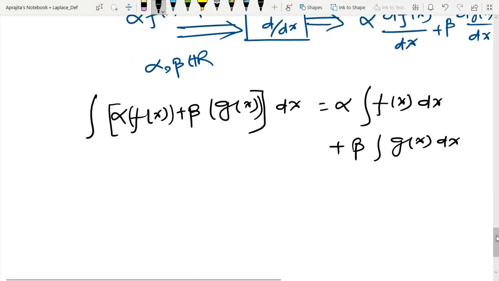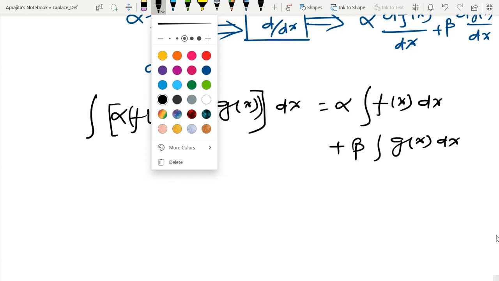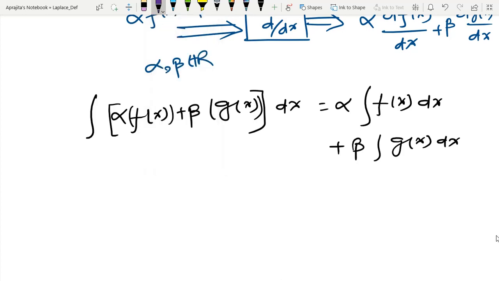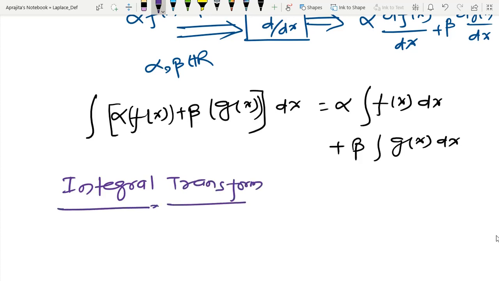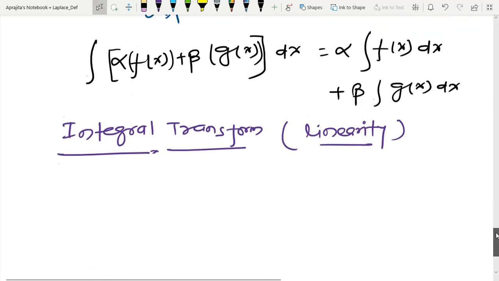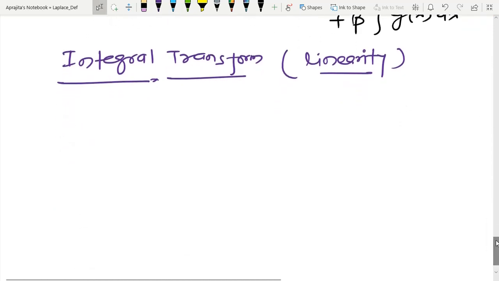The meaning of integral transform is, if I give some quantity, then finally I am getting something in the form of an integral. So I have some kind of integral transform, and we are going to preserve the property of linearity. That is our main aim. So let us first talk about a certain kind of integral transform.